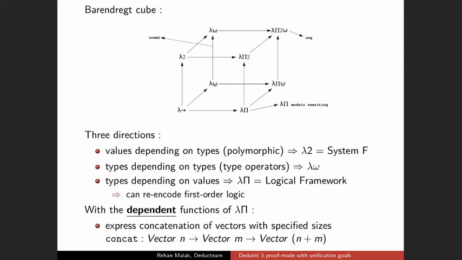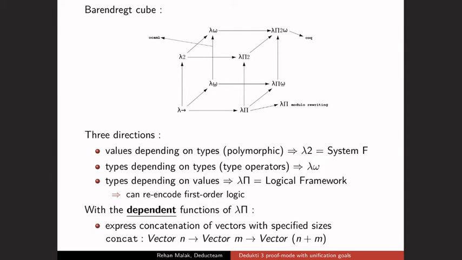Some of the extensions of the simply typed lambda calculus, here in the bottom left of the Barendregt cube, can be classified depending on their expressiveness. So, for example, here the least expressive is on the bottom left, and the most expressive and complicated one is in the upper right. And the foundations of the proof assistant Coq, for example, are an extension of the calculus of constructions in the upper right of the picture.